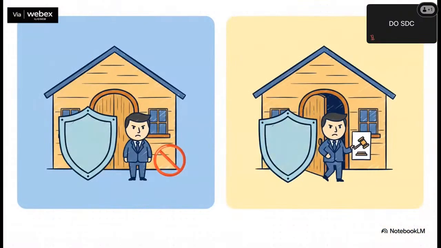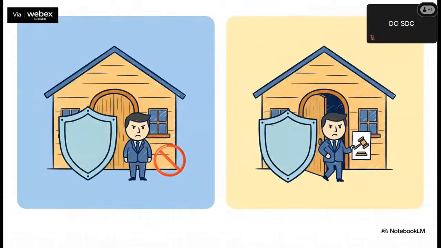You can see the 2 scenarios side by side. On the left, if there's no valid warrant, school staff must deny agents entry. That's the rule. But on the right, if an agent comes with that valid judicial warrant we just talked about, staff can't get in their way. That warrant is the key that changes the entire response.